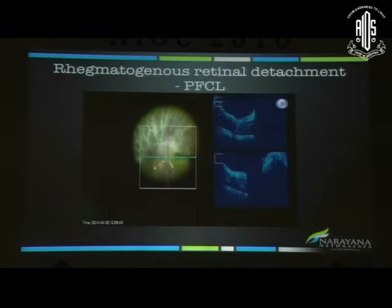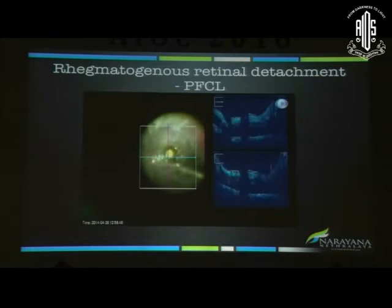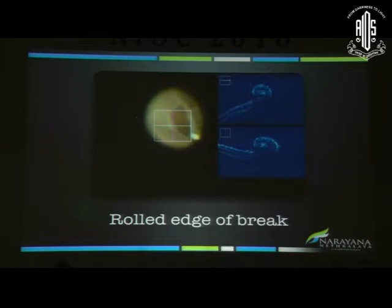I'll show that image. So this is during rhegmatogenous retinal detachment, where you can actually see the PFCL being injected. You can see the flattening of the posterior pole. This is during air silicone oil exchange. You can see the meniscus very clearly on the OCT. Yeah, so now it's disappearing. And this is what I was talking about, where you can see the rolled edge of the break very well. So these are all intraoperative OCT pictures which will help us assess how much PVR is there